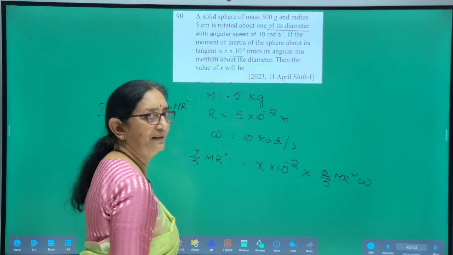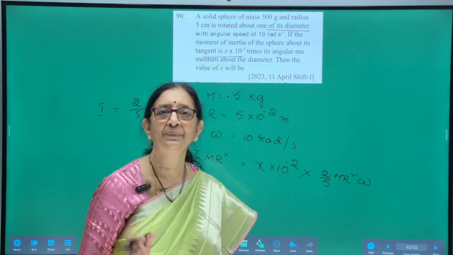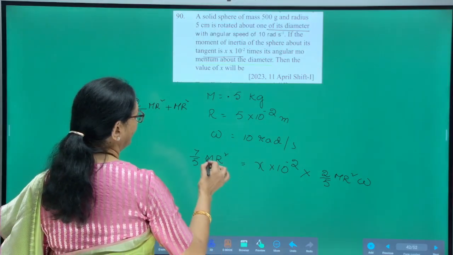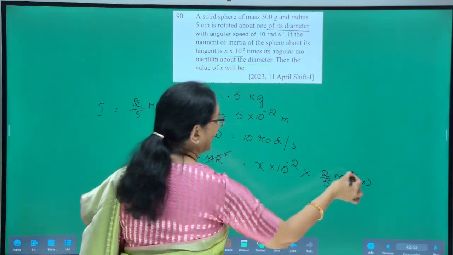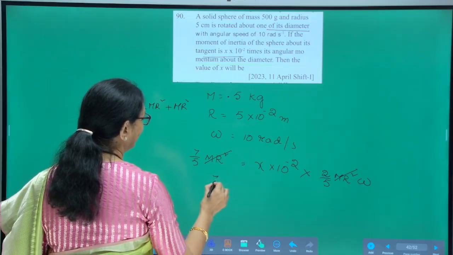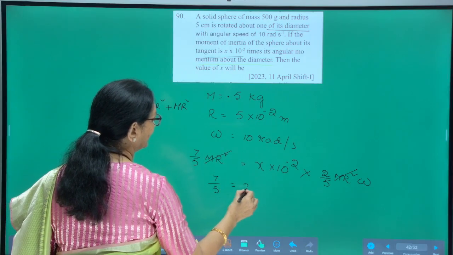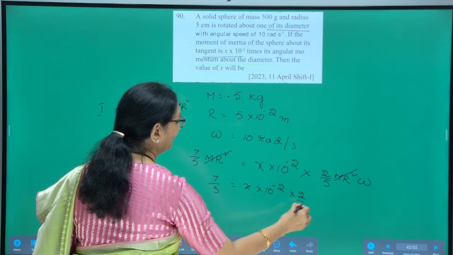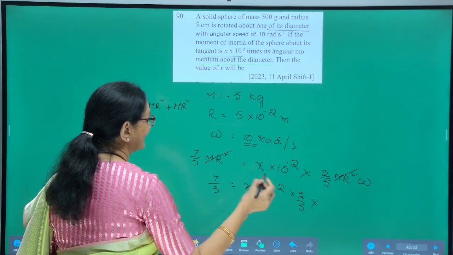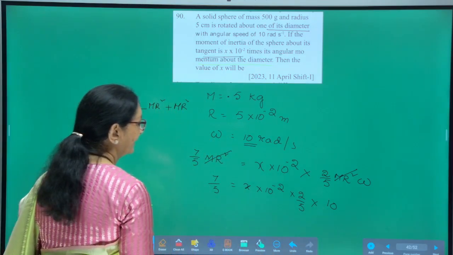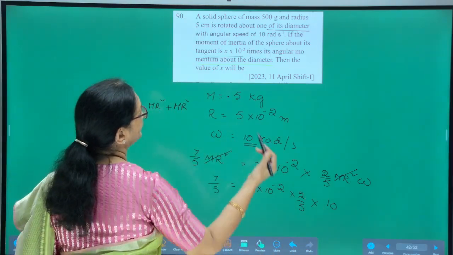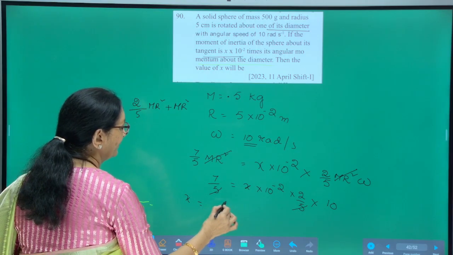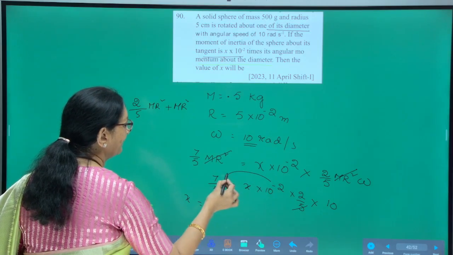About the diameter, angular momentum is I omega, and about the diameter I is equal to 2 by 5 mr square. So, from this, if you cancel these two, what do we get? 7 by 5 is equal to x into 10 power minus 2 into 2 by 5, and omega is given as 10 radian per second. So, this 5 and 5 get cancelled, x is equal to 7,